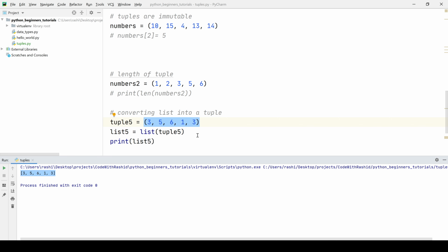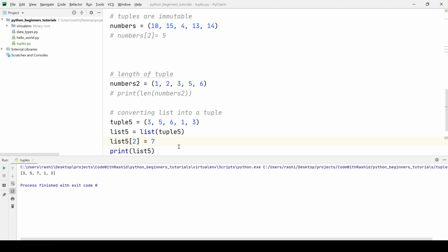Now as we know that list is mutable, we can change the value of list. So we shall say list of 5 and index 2, the new value is 7. So let's print the list again. So now the value is 3, 5, 7, 1, 3.